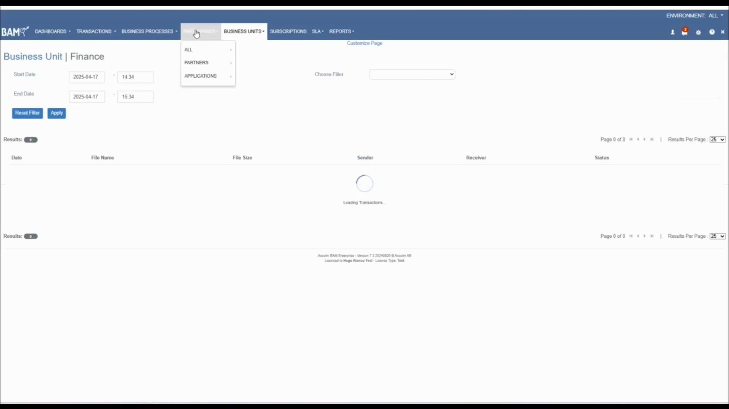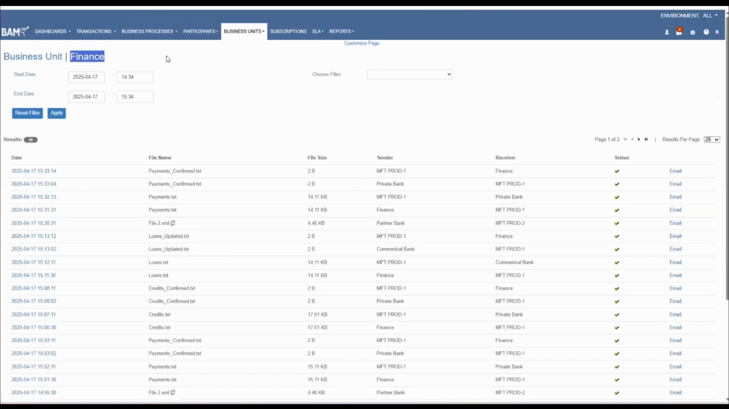And with participants, with business processes, the finance related for the business unit finance, all of that information is going to be aggregated into this box. So I don't have to click around, search around. I don't have to go through the different partners. I have this quick overview of the finance unit's transfers right now, the latest hour. Now,